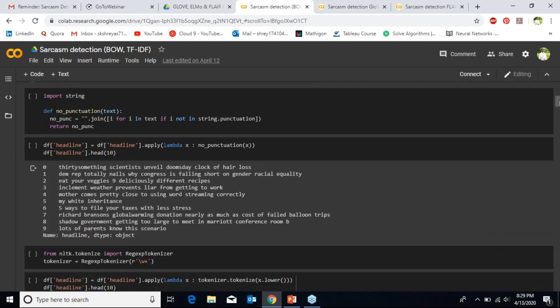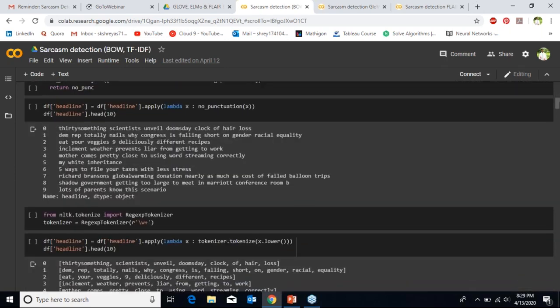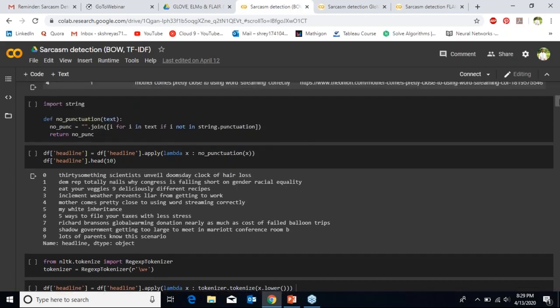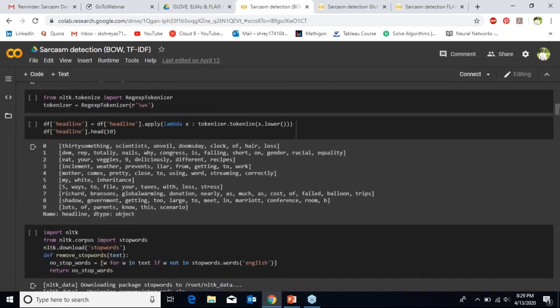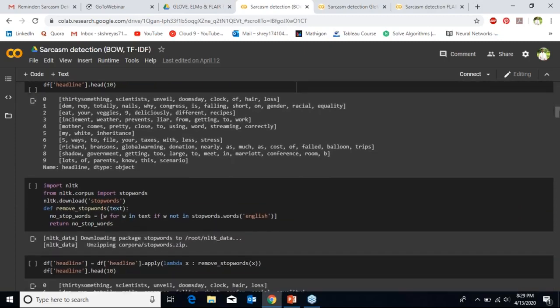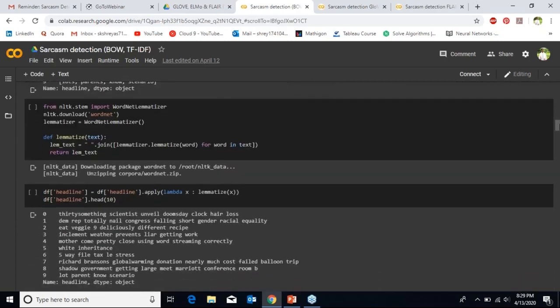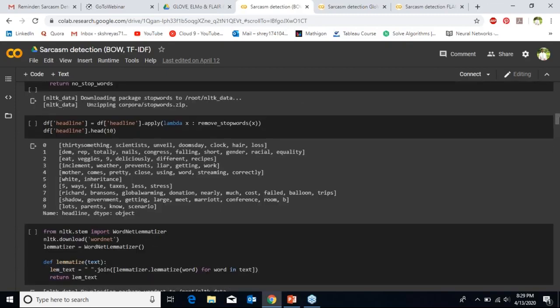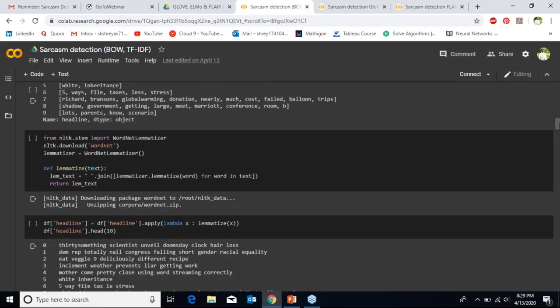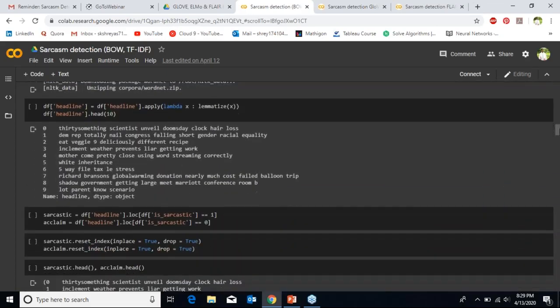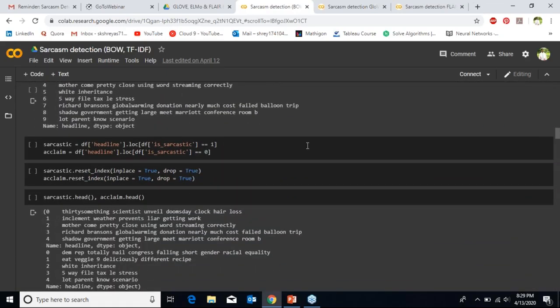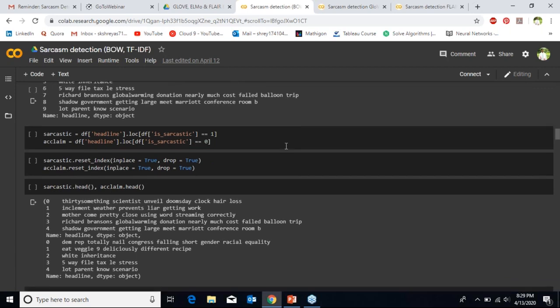In order to build the bag of words or TF-IDF statistical models, I have done some pre-processing. I have removed punctuations, lowered all the text, and removed the stop words, because it doesn't matter if we remove the stop words for statistical methods, since they are not considering the semantics anyway. So after this pre-processing,